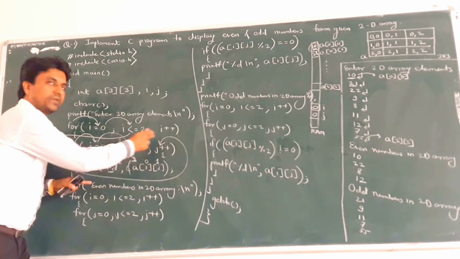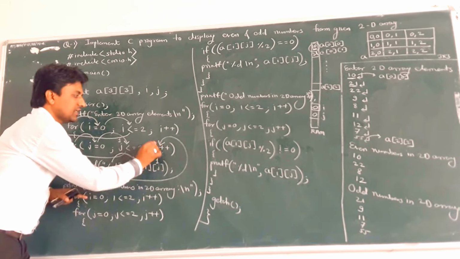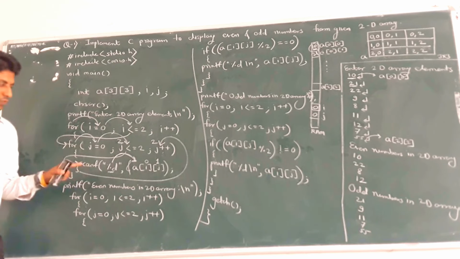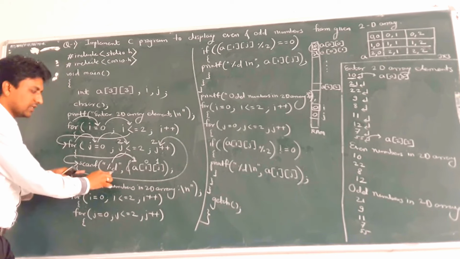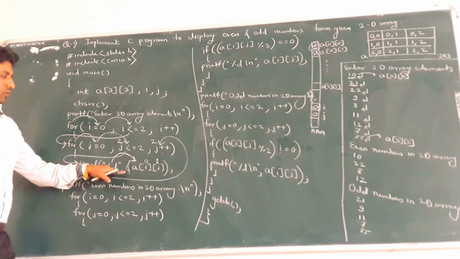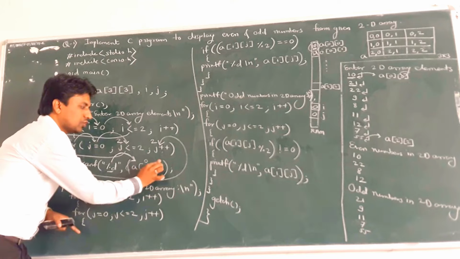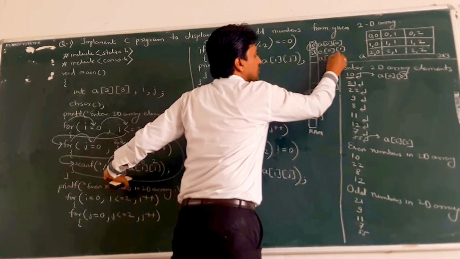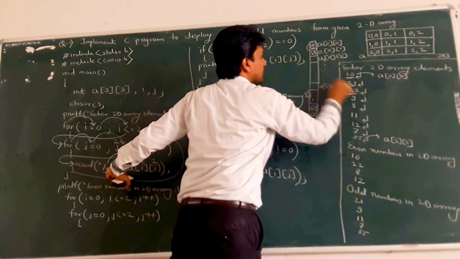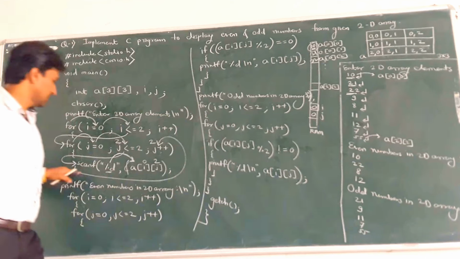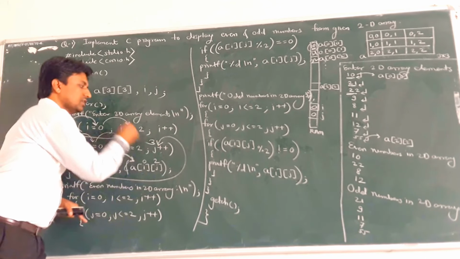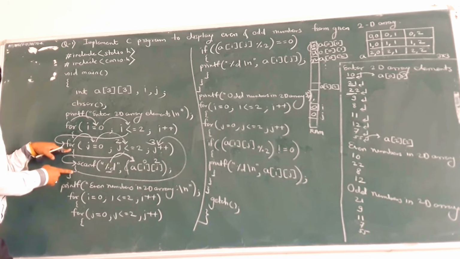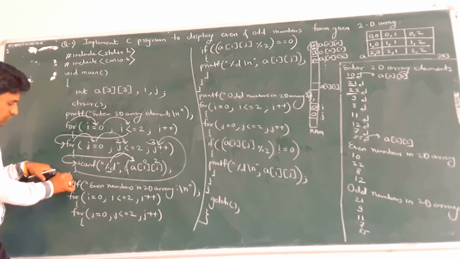Next thing, this inner for loop continues, meaning j plus plus, j becomes now 2. 2 less than or equal to 2, condition true. Again entry to the inner for loop. So again %d, the cursor is blinking. So the next value is stored at a of 0, 2 in the memory location. So here at the a of 0, 2 location, this 22 value is stored, and j plus plus. Now j becomes 3. 3 less than or equal to 2, condition false. Means this inner for loop is terminated, and the cursor goes to the next line.